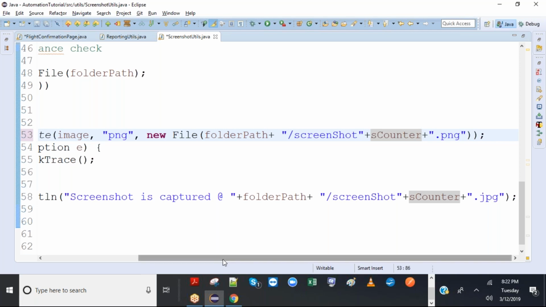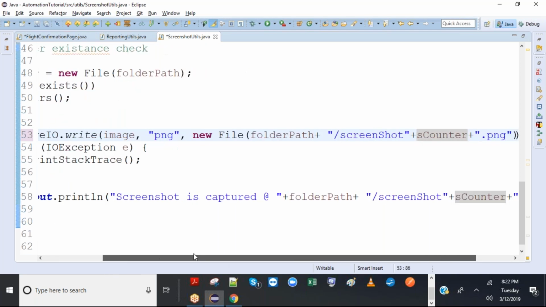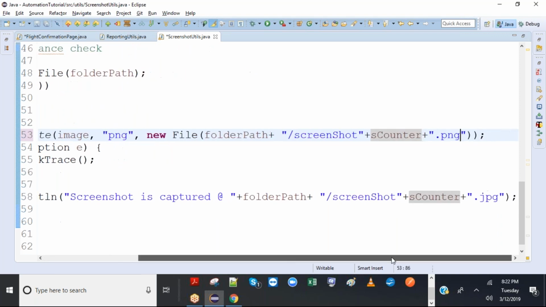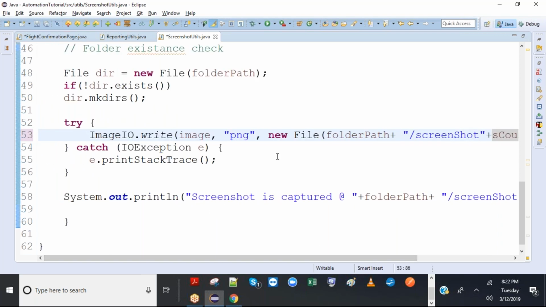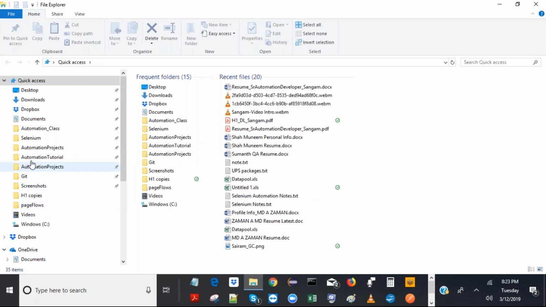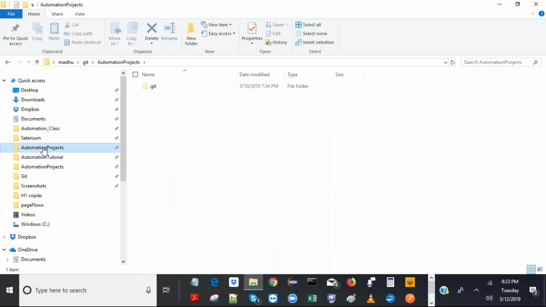Once this is done, I can print to the console that the screenshot is captured at this particular folder. For this, I have already created a folder in this location. Let me show it to you. I think it's in the C drive. Okay, screenshots.